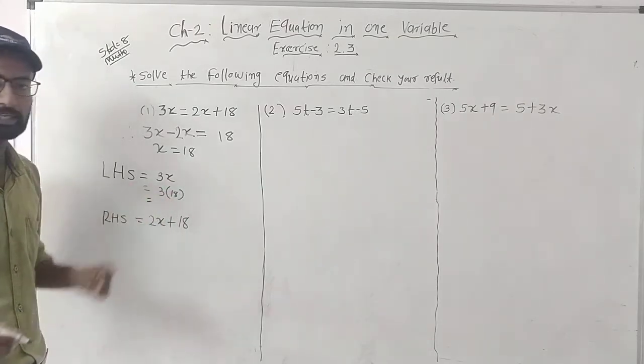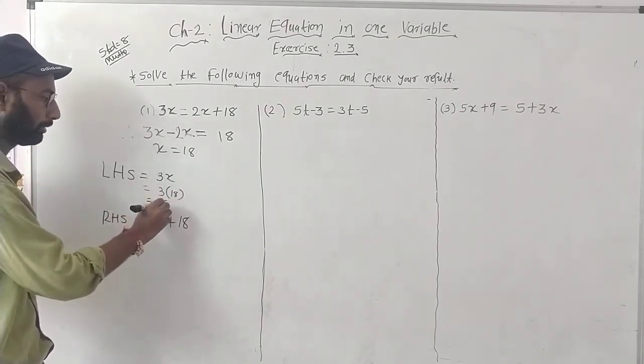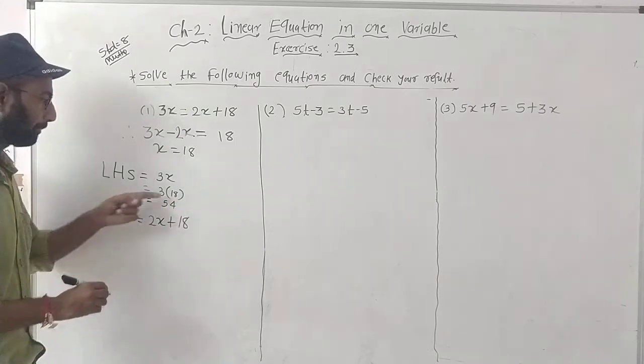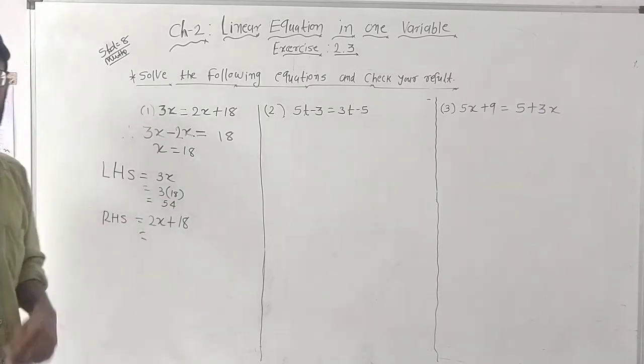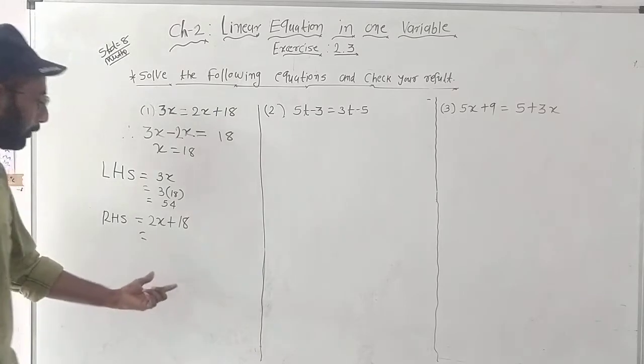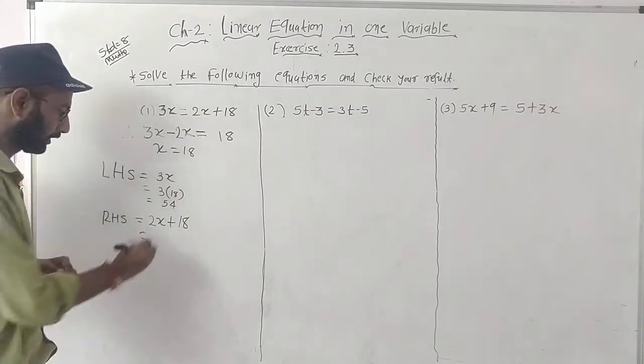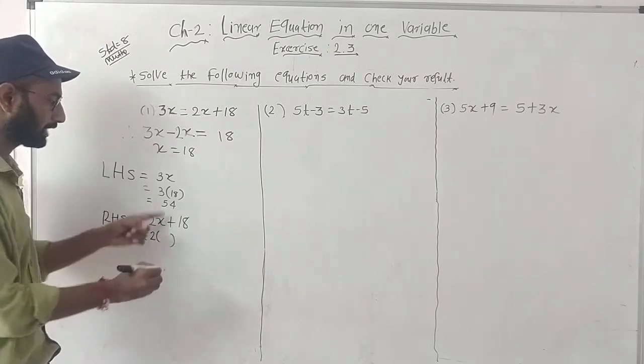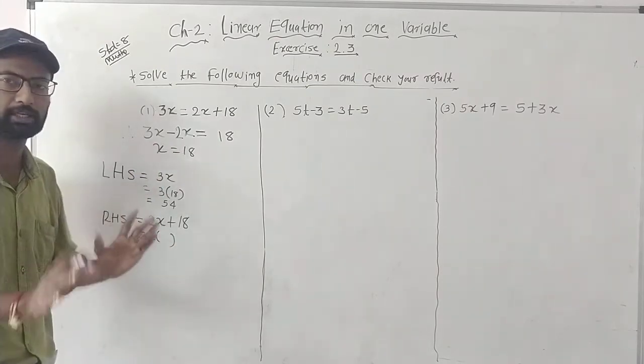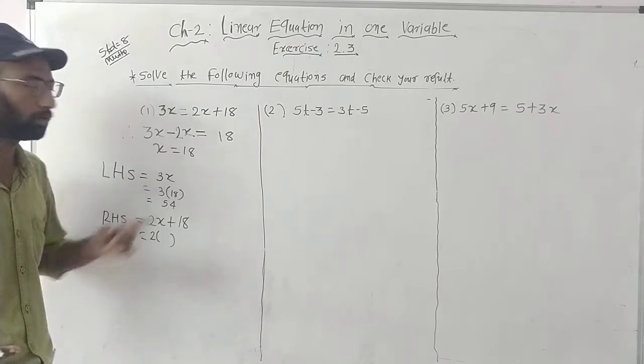So 3 18s are कितने होते हैं? 54. यहाँ पर तो मुझे लेफ्ट हैंड साइड की वैल्यू मुझे मिली है 54. If I get 54 again, 54 here also, it means my answer is correct. Okay. 2 in the place of x, I will put 18. जहां पर x है उसकी जगह पर मैं क्या रखूंगा? 18